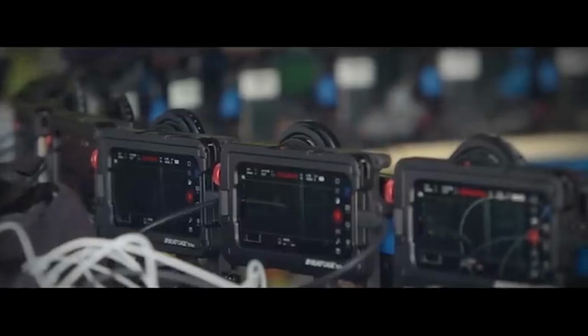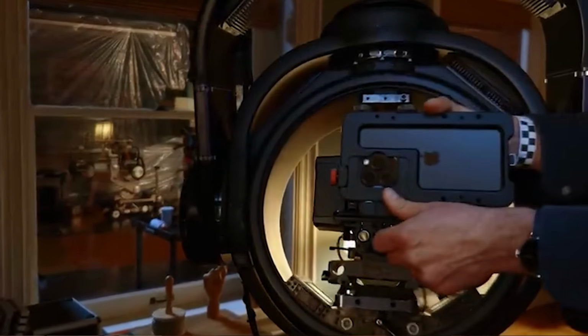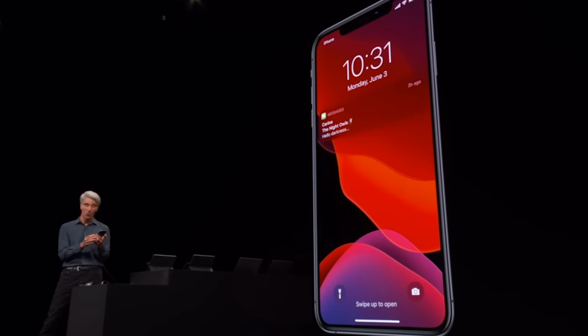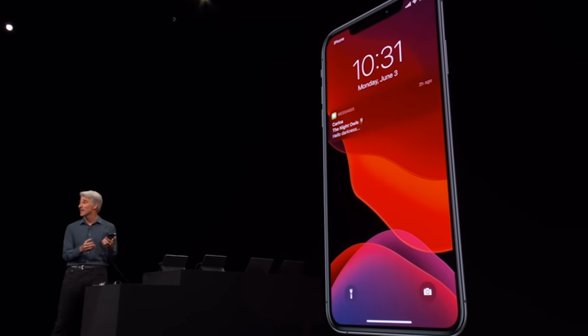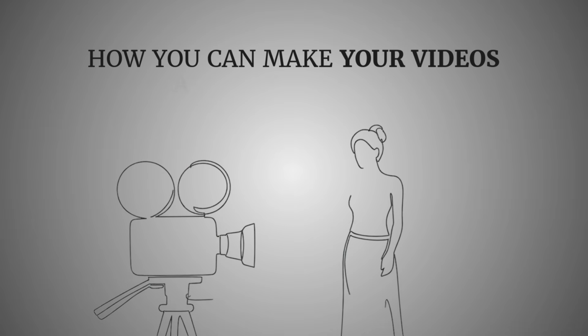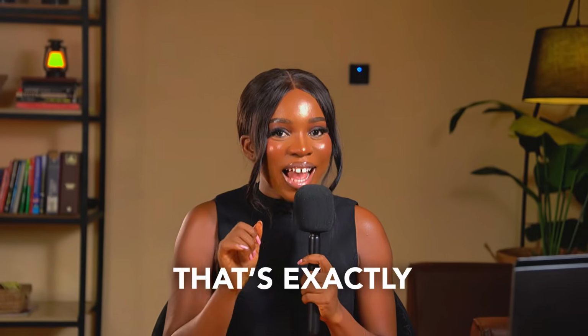large amount of his movie 28 years later. Before that, Apple also used the same iPhone 15 Pro Max to film their entire Scary Fast keynote speech. So if you've been wondering why every time you record a video on your phone it looks low quality, and more importantly how you can make your videos look more cinematic and professional, that's exactly what I'm going to show